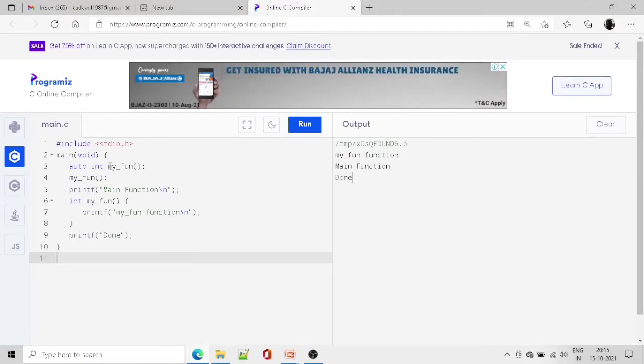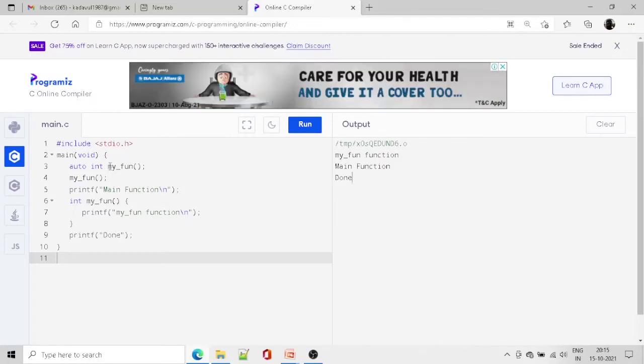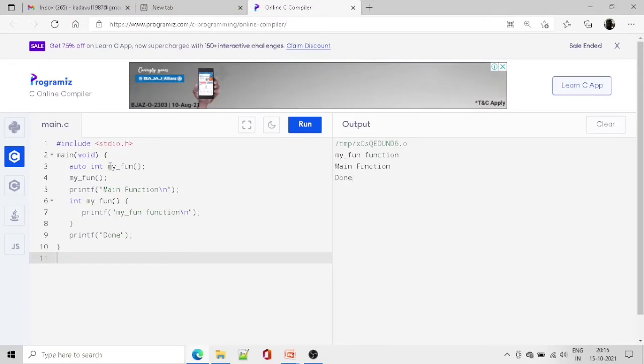We can use this auto keyword for a function or variable. Now the function is having the auto keyword.